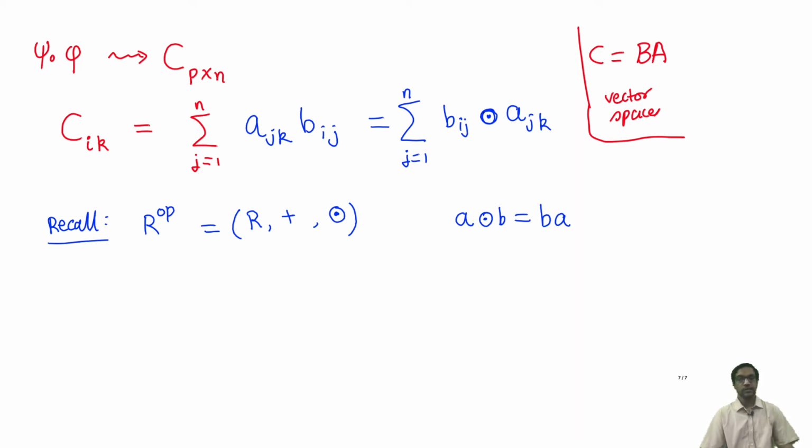It brings things into the same setup as vector spaces. The matrix C is actually the product B times A, but we should just take care to use not the usual ring multiplication but the multiplication in the opposite ring. Okay. So what we have really shown so far is the following statement,